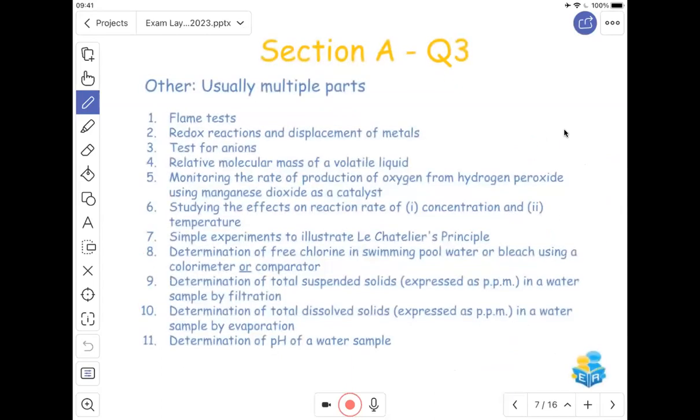Section A, question 3 then, this is the other experiment question, as I like to call it. It is usually made up of multiple parts. So in previous years, rather than just giving one experiment here, they've split the question up into maybe 3 parts and examined snippets of 3 different experiments. Possible experiments that can come up on this question are the flame tests, redox reactions and displacement of metals, tests for anions, the relative molecular mass of a volatile liquid, monitoring the rate of production of oxygen from hydrogen peroxide with a manganese dioxide catalyst,